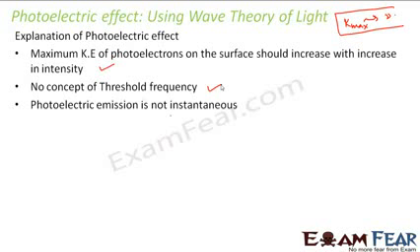So even at the second point, it disregarded the experimental observation. According to wave theory, photoelectric emission was not an instantaneous process. So this was again something which was against the experimental observation. But why did they say that it is not instantaneous? Because